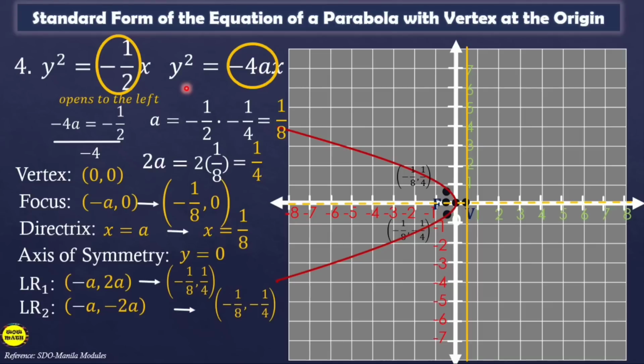So, after that, kung kukunin natin yung length ng latus rectum, 4 times 1/8, so that is 1/2. So, 1/2 lang yung distance mula dito sa endpoint na to, papunta dito sa endpoint na to. Okay? So, yung next natin na video lesson, yung vertex nga ay wala na sa origin. So, yun ang next nating video lesson. So, after nito, yun ulit yung